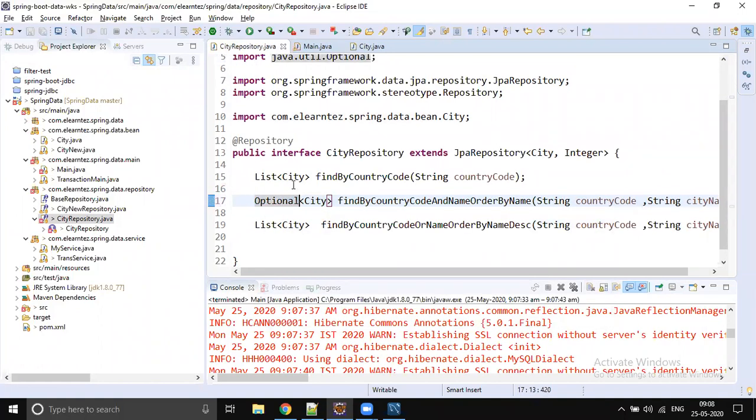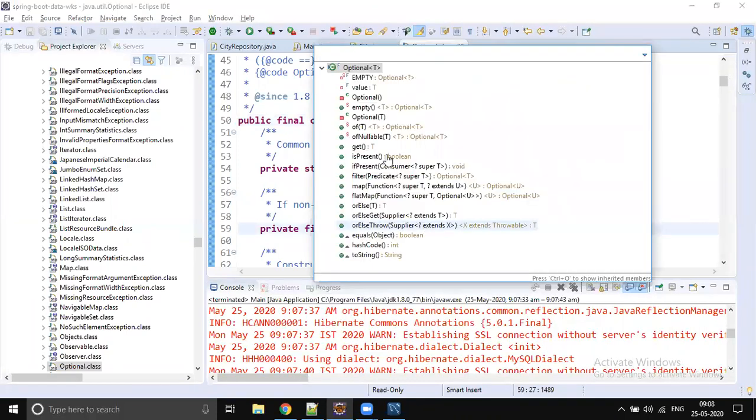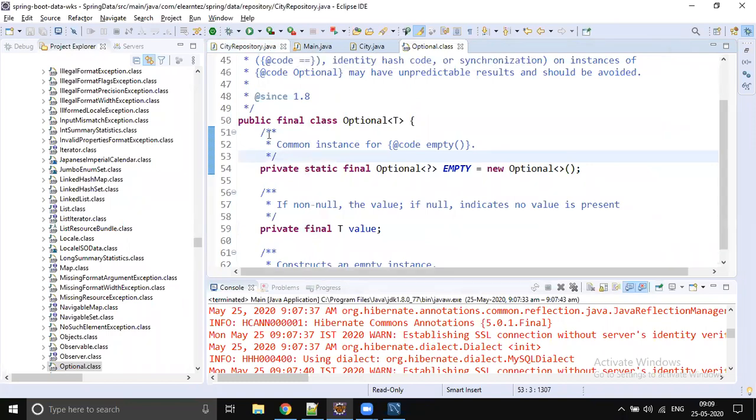java.util.Optional has some utility methods to check whether the data is present or not. Instead of checking not null, you can check isPresent. There are methods like isPresent and ifPresent: if data is present, then do this. If data is not present, or else. Or else, if data is not coming from the database, what should we do? And if you would like to apply some condition, there are filter, map, flatMap, so we have that kind of operation support on Optional. So it's better to start using Optional.